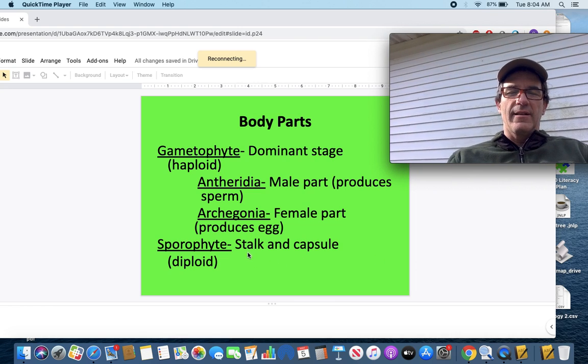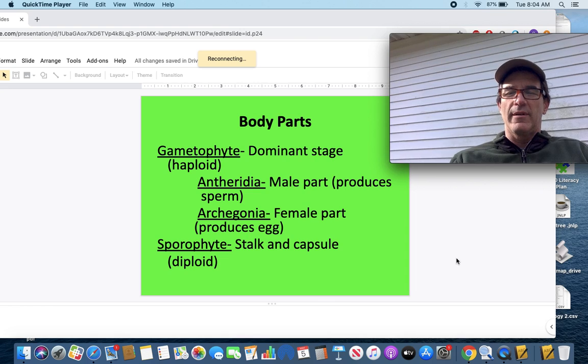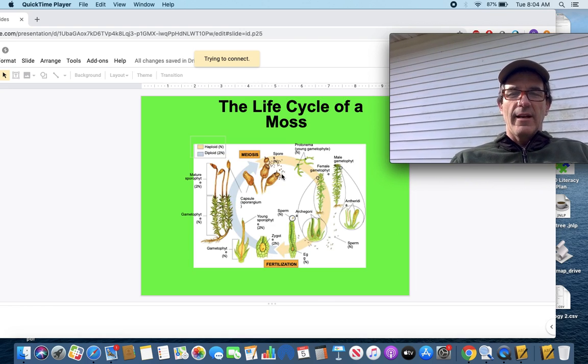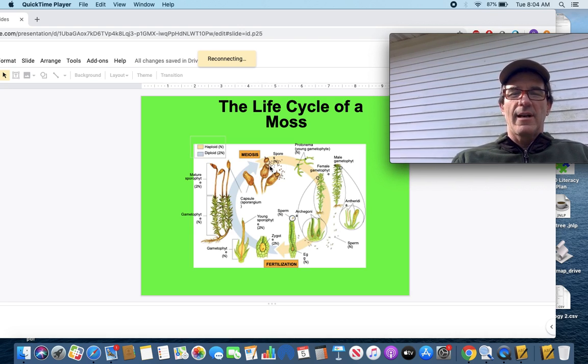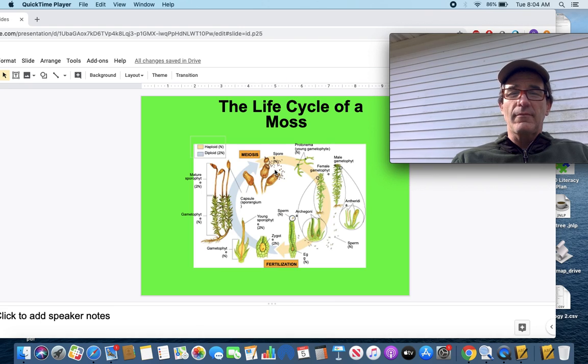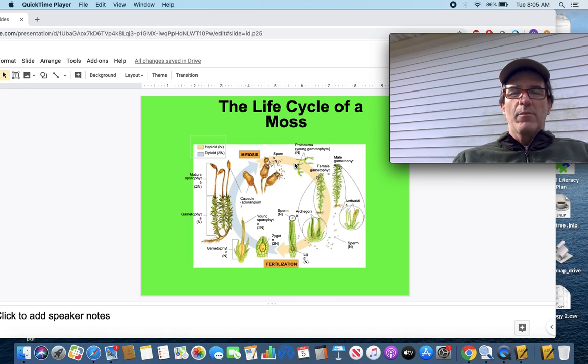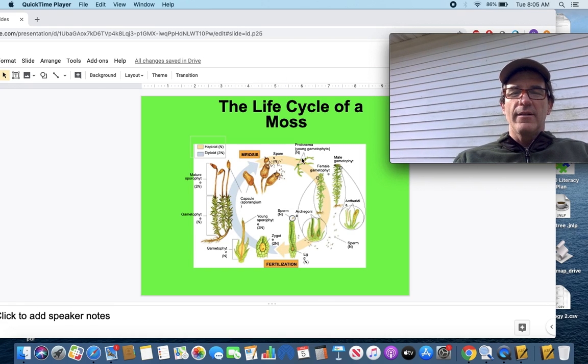The sporophyte then consists of the stalk and the capsule. And again, like all sporophytes, this is the diploid part that will produce the spores. Here is that life cycle, okay? Let's start with one of those capsules up here. Much like a salt shaker opens up and produces lots of little pieces of salt, this one will eventually mature, and these little spores, single-celled structures, will blow out in the wind, get carried to maybe a favorable place to live, and they will start growing into what's called a protonema, which basically looks like